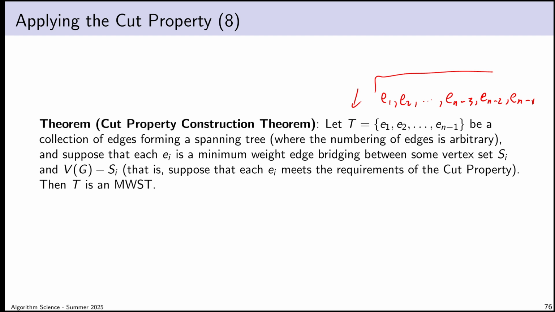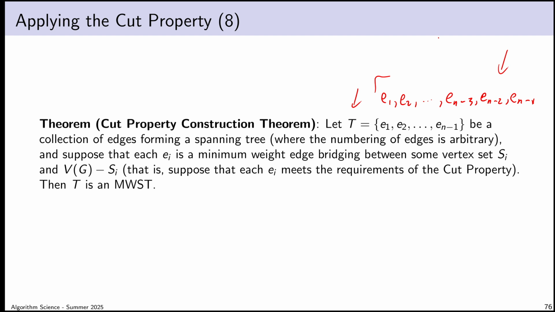Okay, what about E_{n-3}? Is there some minimum weight spanning tree that contains all of these edges? Because if there is, maybe I could complete it by fiddling around with the choices of these other two. So think about that. If T isn't a minimum weight spanning tree, there has to be a minimum weight spanning tree that contains at least some of those edges, the first i of those edges. That is, in the worst case, we know by the cut property that E1 is in some minimum weight spanning tree. So in the worst case, maybe